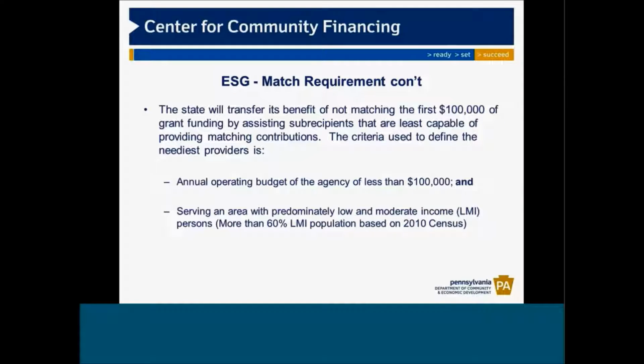Let me just jump in. We had a technical assistance phone call last month, and there was some confusion as to the match requirement. So I'm going to let Stacy and Mike, who did the technical assistance call, clarify the information on that match. I think the concern was